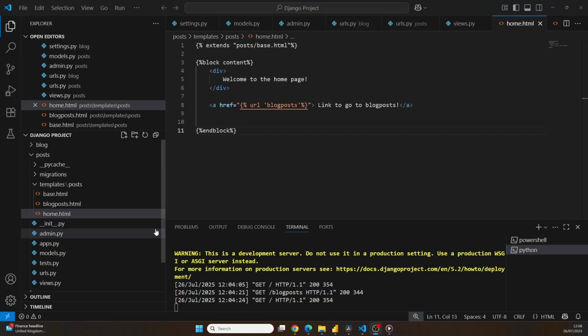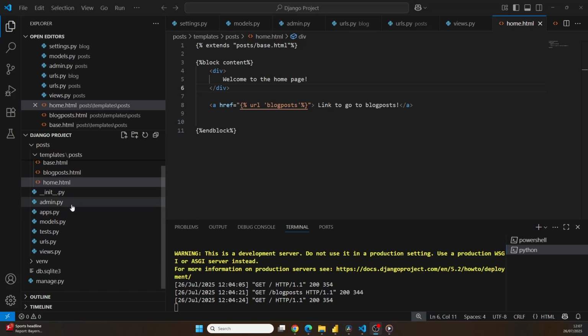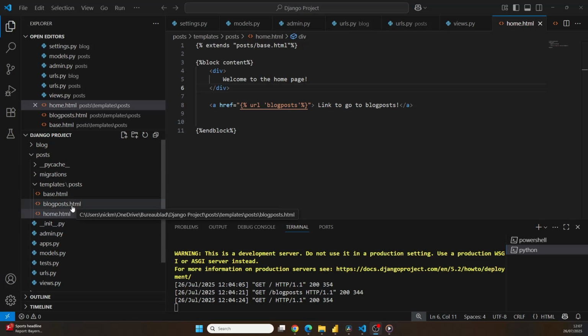So as an example, on our home.html page, we've got a div that says welcome to the homepage, which currently looks like this. By using CSS, we can determine the colors of the text, the width of this total block, and also other styling elements to make it look a little bit better. Now you will notice that currently we don't have any file where we can define this styling. So the first step is to add a new CSS file, which is going to enable us to write styling